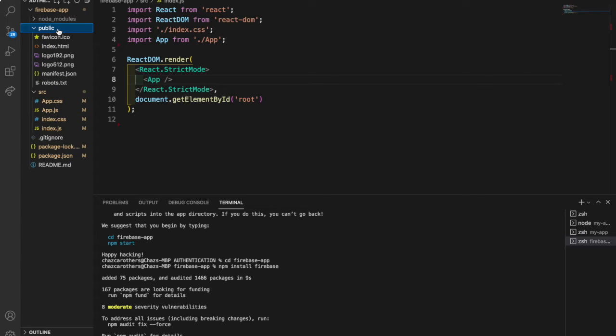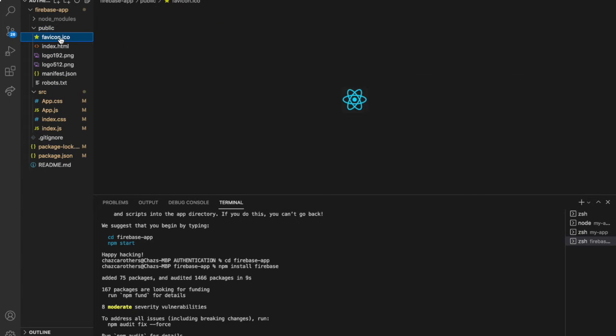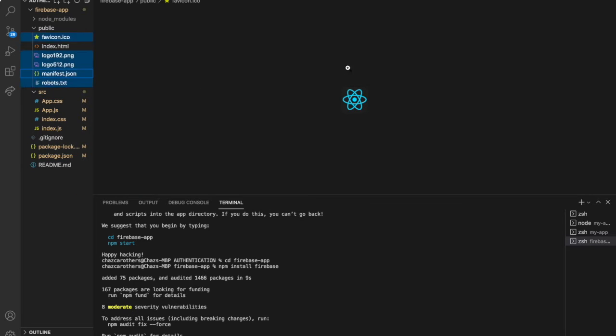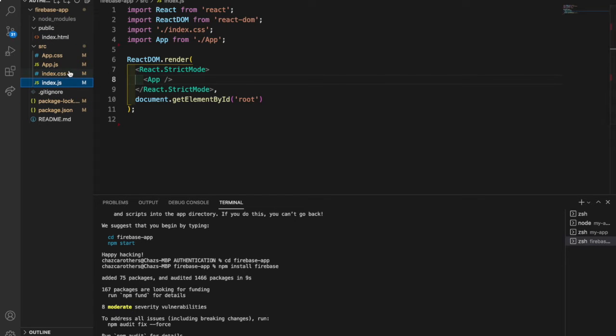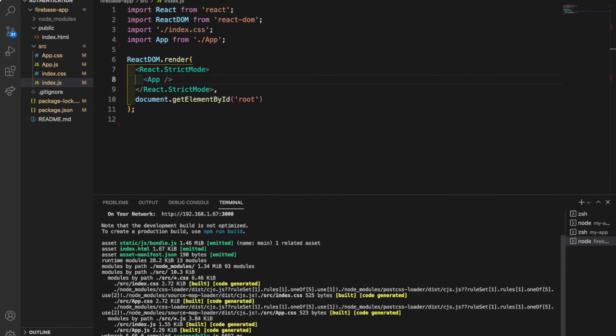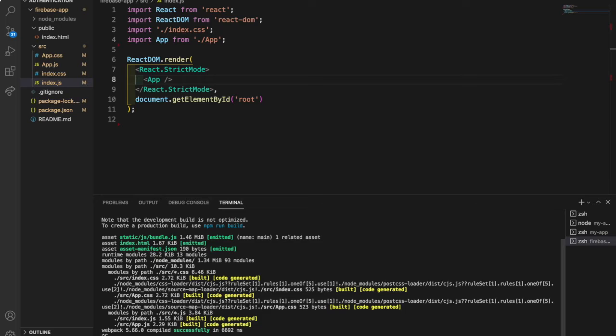Index.js. And then go inside the public folder and delete all of these, everything except the index.html. Okay. Now I want to run the code to make sure everything works, so I'll do npm start. I want to do npm install firebase,